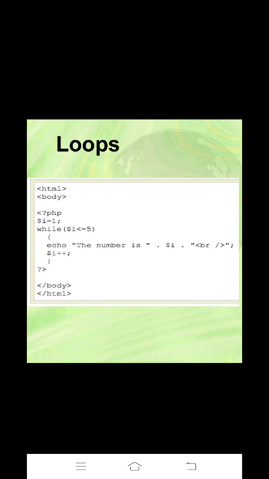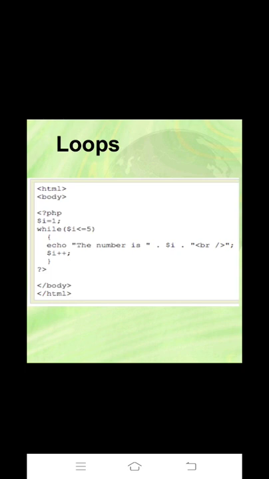Same thing, suppose you want to print the even numbers up to 10, meaning 2, 4, 6, 8, 10. What can we change in this program?